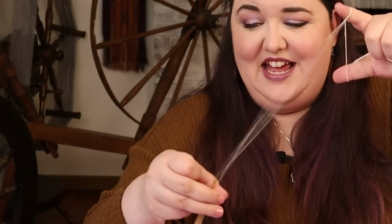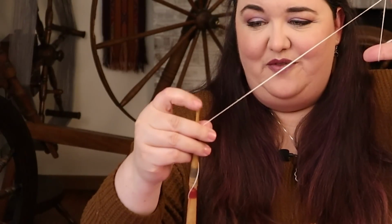So as I spin, you'll see it kind of flicks off of the tip of that, and so it's a matter of finding a good balance between the angle of the yarn as you're drafting it off. But one thing that you can do if you're struggling and learning how to use a supported spindle is to do essentially what would be like a park and draft method, where if you have a suspended spindle,